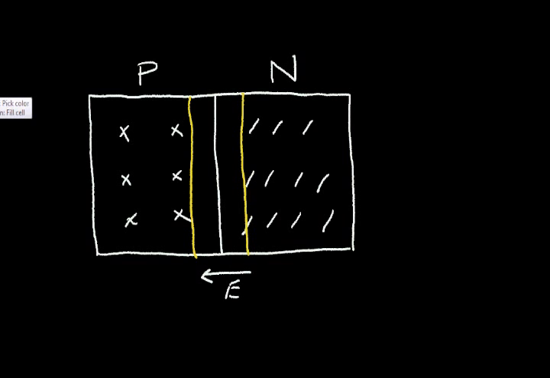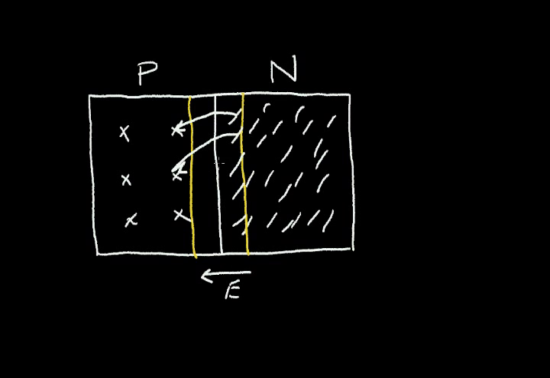Now I want to ask, what happens if we have a difference in concentration between these N and P regions? Let's say, for example, we have a high concentration of dopant for the N region. So we have a large surplus of electrons. But in the P region, we have a very low concentration of impurities. Well, what's going to happen is these electrons have to migrate further into the P material to recombine with the holes. So these electrons will maybe have to wander way over here